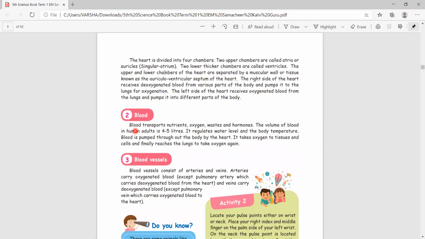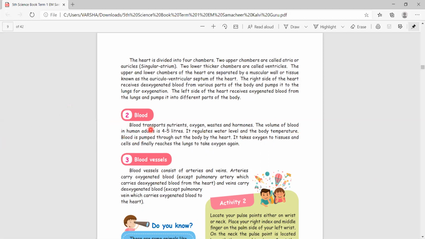Second, we are going to study blood. Blood transports nutrients, oxygen, waste and hormones. Nutrients such as fats and carbohydrates are transferred by the blood, and oxygen and waste are also transferred by it. And the volume of blood,